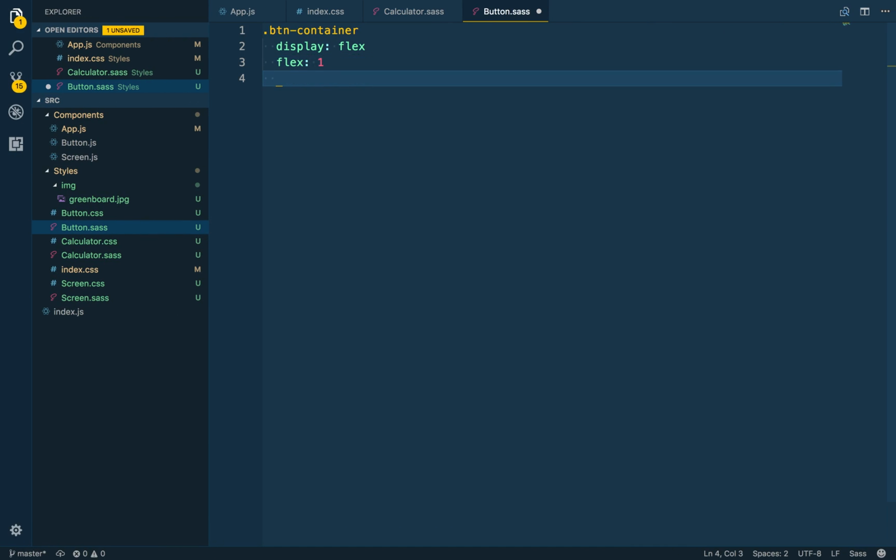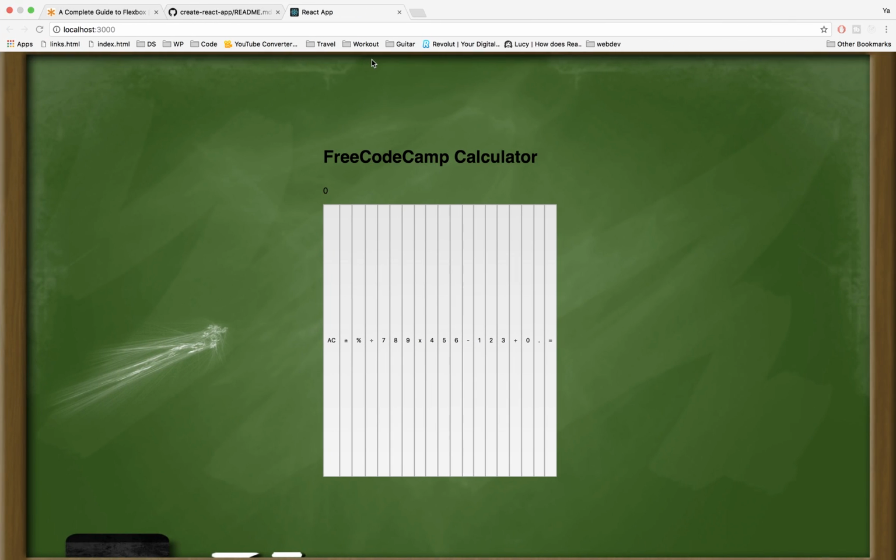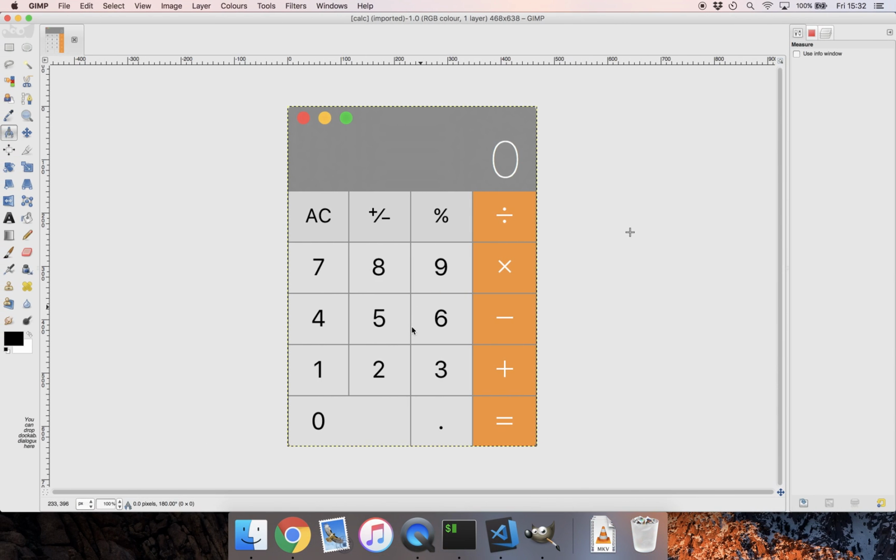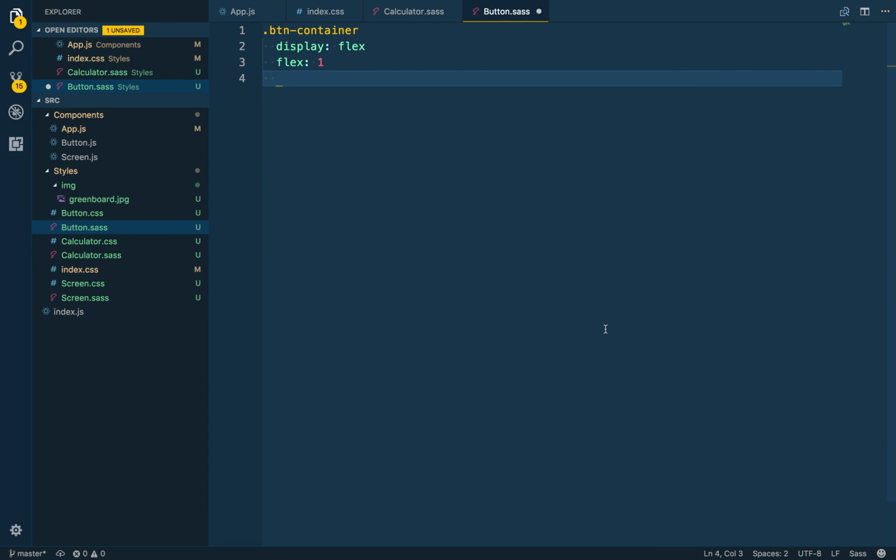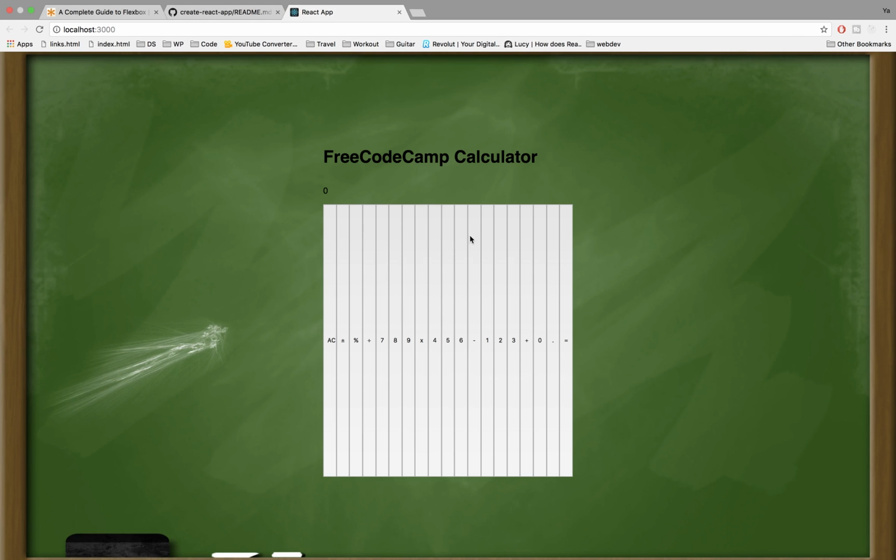Now I wanna get the buttons to be 25% width of one line, and I want them to be I guess 5 rows deep, if I remember correctly. So I want to go into a button, and I want them all to be 25%. Let's see if it works. So it didn't change much. The reason is that